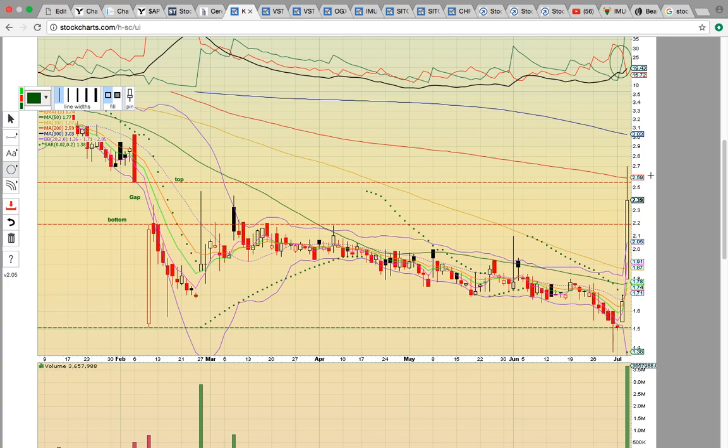The share price did break above the 200-day simple moving average at 259 intraday, but it did pull back. That is going to be the key level to break tomorrow. That, and along with the top of the gap level. So that's the bottom of this candle. The top of the gap is always a big resistance level to break. And always keep in mind when filling a gap, that is a climax, and many times you see a pullback